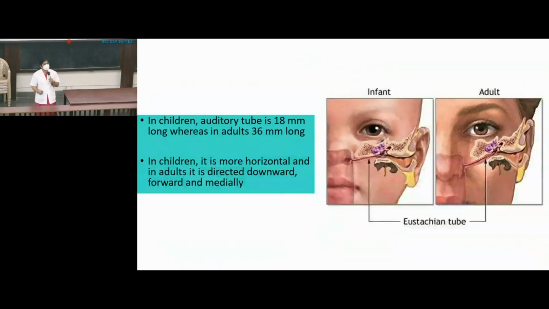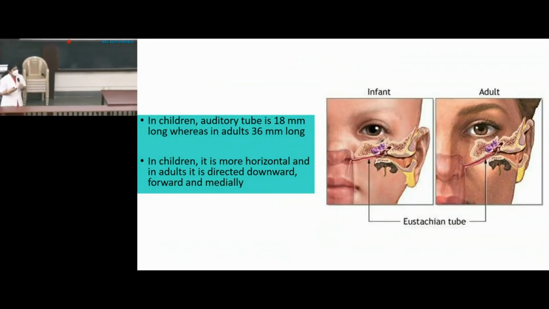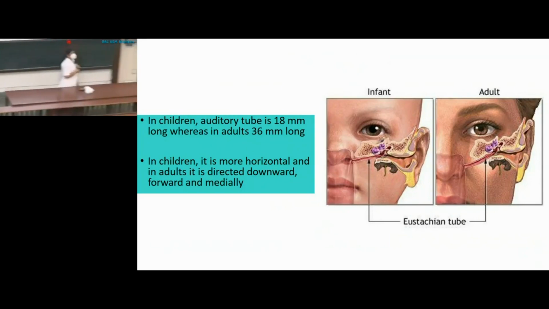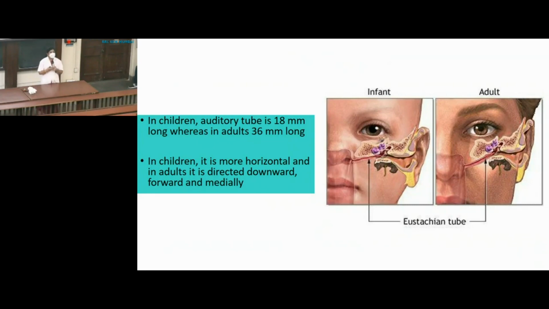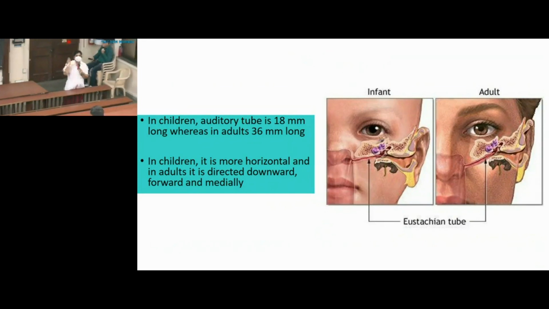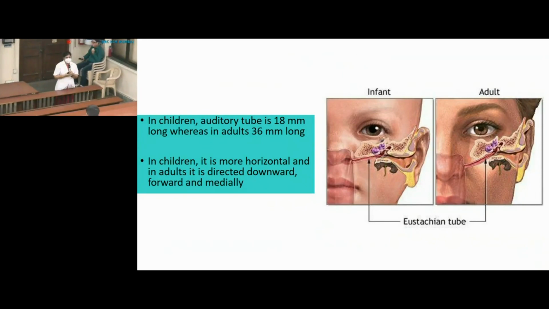So what is the difference between auditory tube of the child and adult? So the direction of auditory tube differs. In case of adults, it is directed downwards, forwards and medially from bony to cartilaginous part. Okay. And in case of children, it is more horizontally placed. So that's why infections are common in children. Yes, so auditory tube in case of children is wide and horizontally placed. That's why infections from pharynx can reach the middle ear cavity via auditory tube easily in case of children.